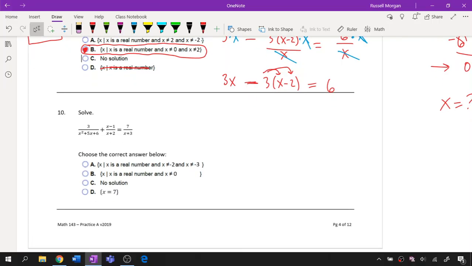This next problem looks very similar, so let's check out that one. Again, we've got fractions. I also noticed that our first denominator looks like it can factor apart, so let's try and factor that. I can factor with an x and an x. 6 can split into a 2 and a 3 and a 1 and a 6. Looking ahead, I think it's going to be a +3 and a +2, because if you FOIL that out, try it out, when in doubt, FOIL it out,